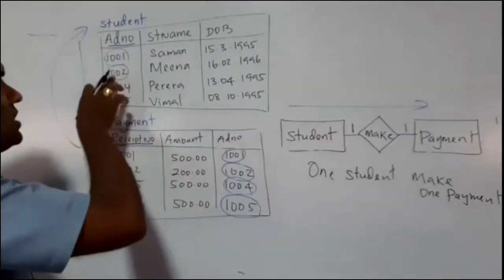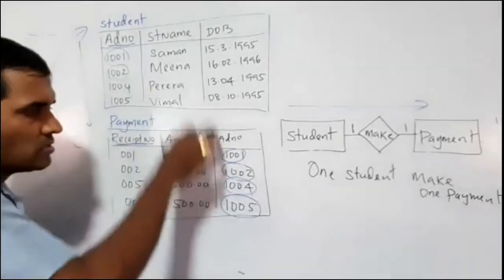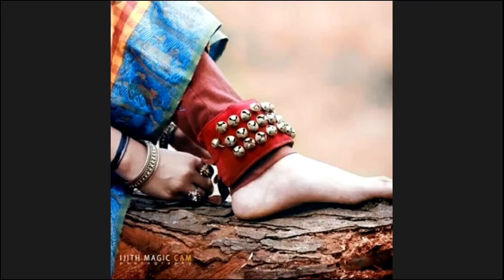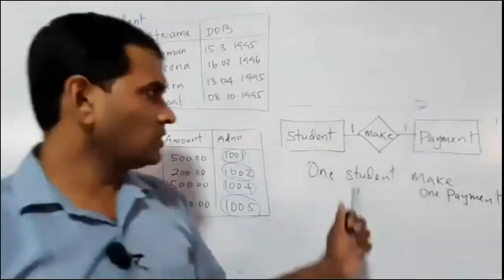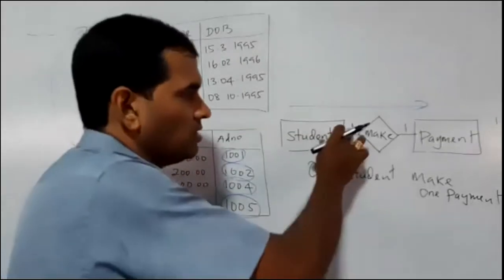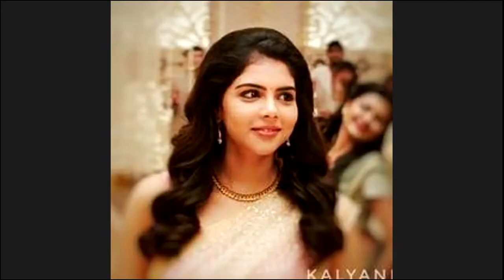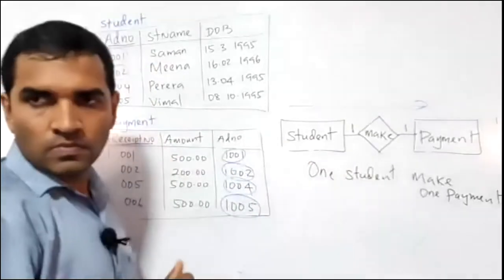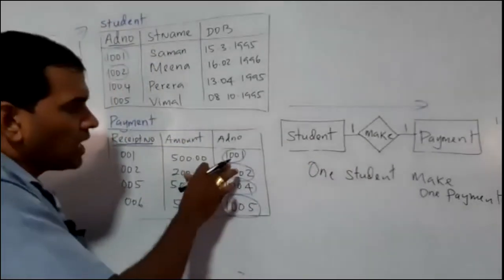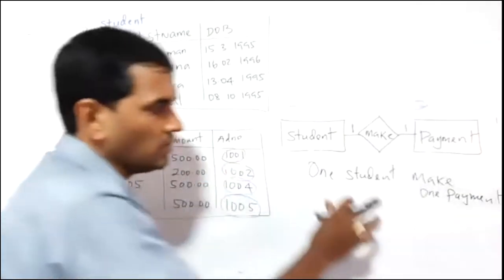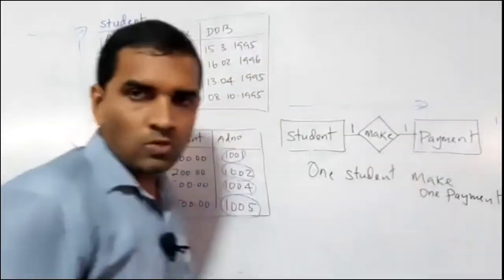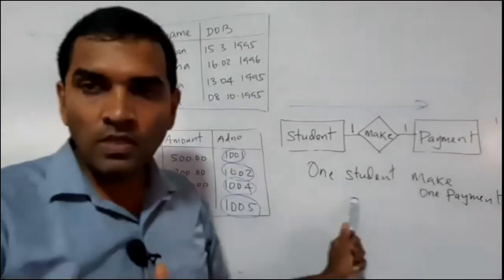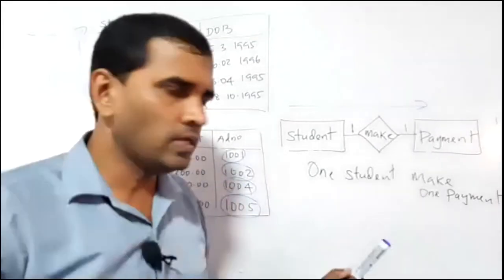Not only 1001, see 1002. Here a data has only one similar data in the second table. This is a common definition. But the real meaning is here. Because in the student table, you have student data. So one data in the student table means one student. Has only one similar data in the payment table means one payment. So in this direction, from student to payment, this is the meaningful description.